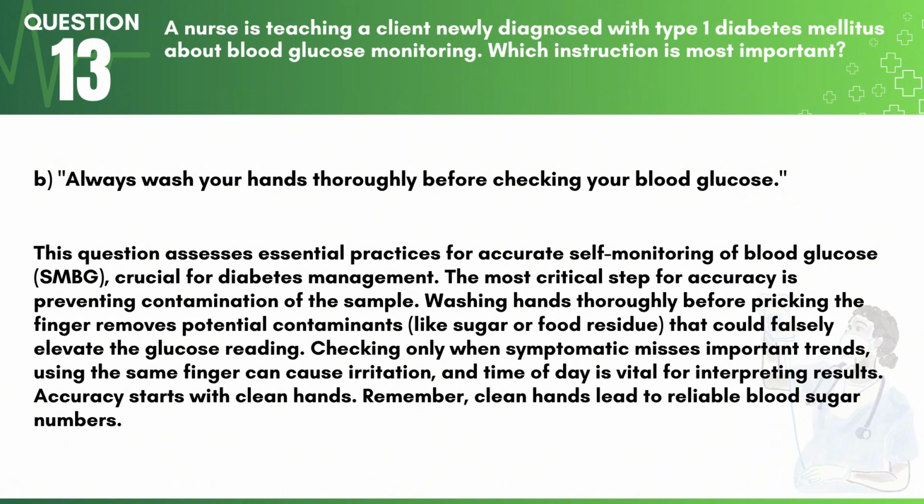Answer B. Always wash your hands thoroughly before checking your blood glucose. This question assesses essential practices for accurate self-monitoring of blood glucose, SMBG, crucial for diabetes management. The most critical step for accuracy is preventing contamination of the sample. Washing hands thoroughly before pricking the finger removes potential contaminants, like sugar or food residue, that could falsely elevate the